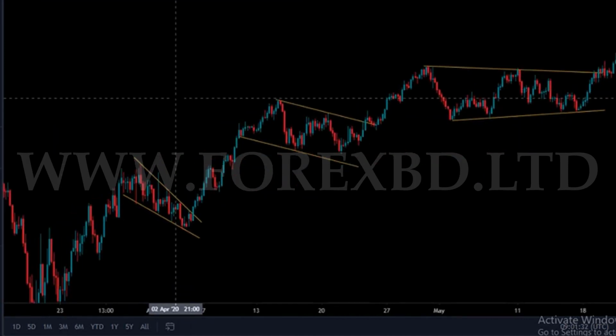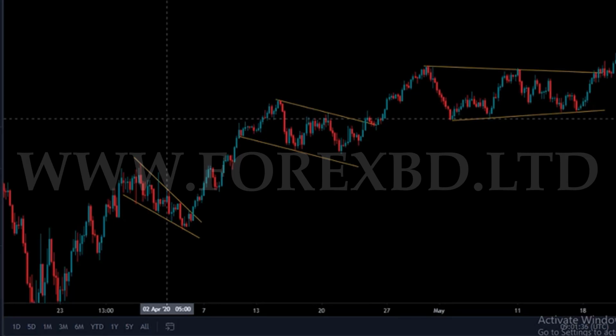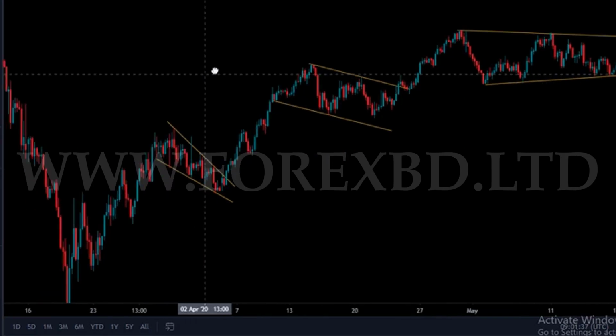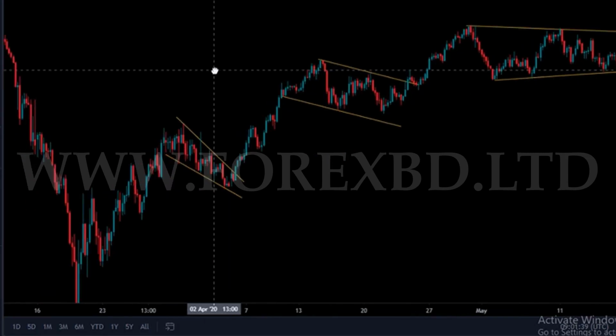So these are not such difficult things. Maybe you feel it is very difficult now, but when you practice and gain experience in forex, you can catch them with the naked eye. Then you don't have to think so much. So the main thing is that the trend in the market will continue, and that is called the continuation pattern.